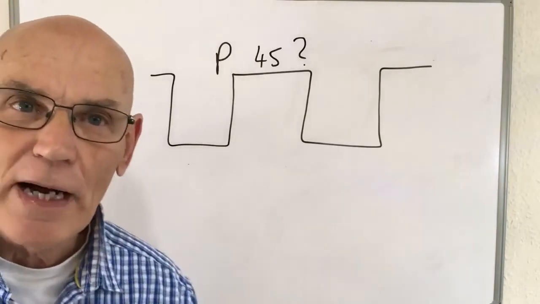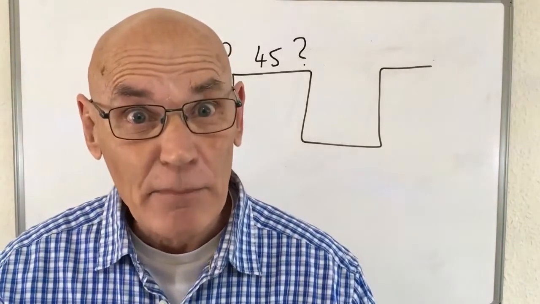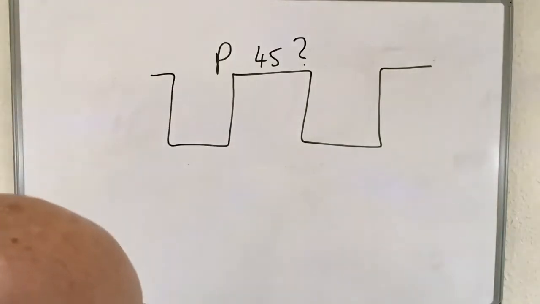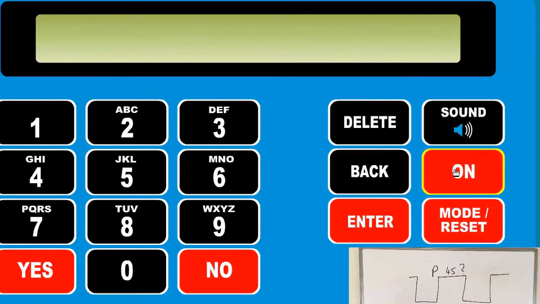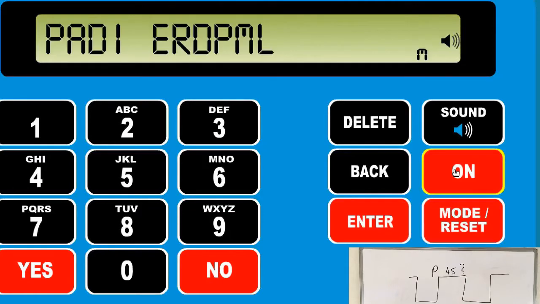But I want to show you what happens when you try and use the eRDPml for this one. So let's just have a look and see. So back to the eRDPml, we can see now that we've got the old one in here. We want to get rid of that. And the other thing I think is quite fun here, it says reset. So you can click the reset button till the cows come home, but nothing seems to happen. What I find is that you have to turn the whole thing off and turn it back on again,